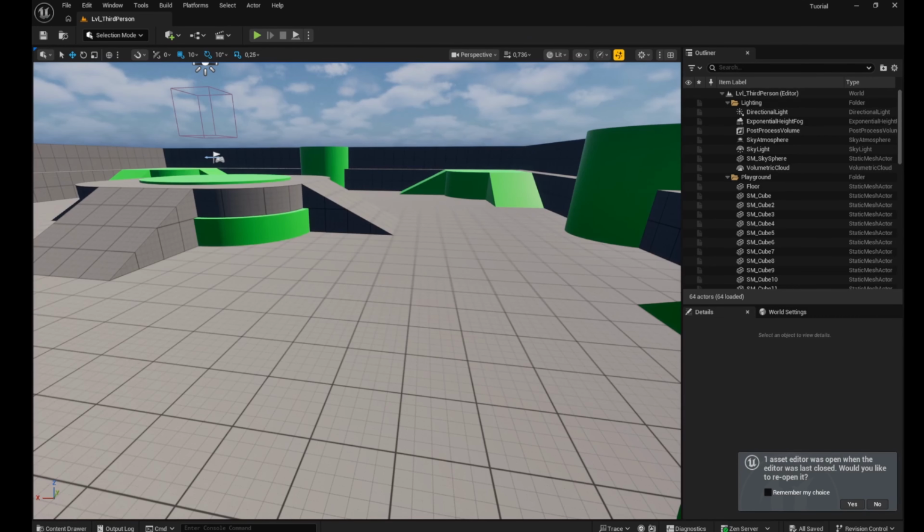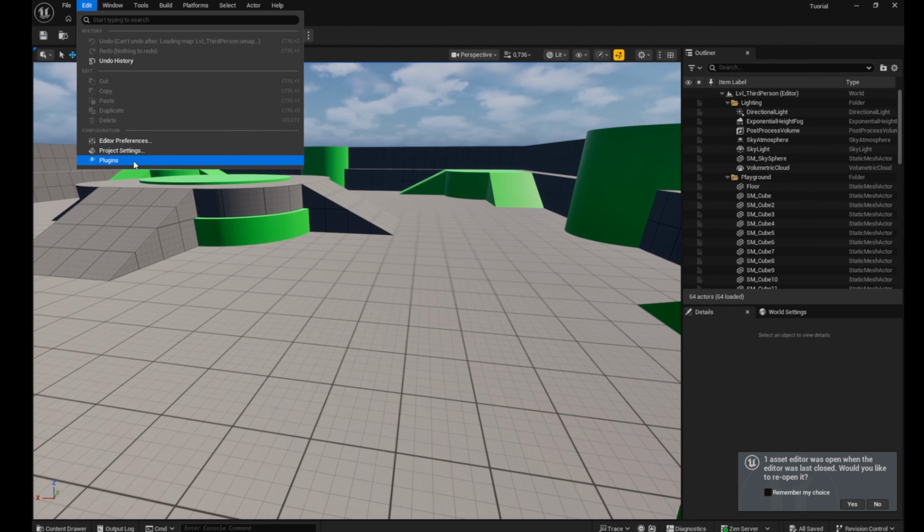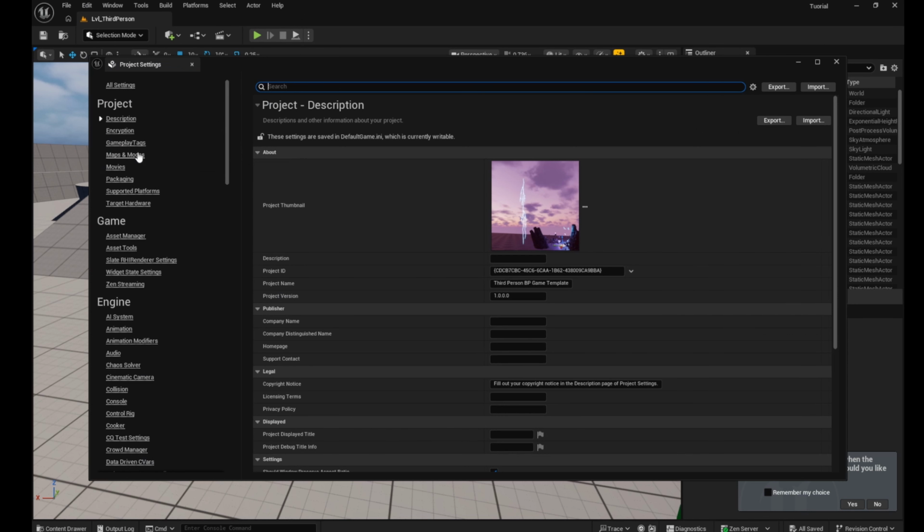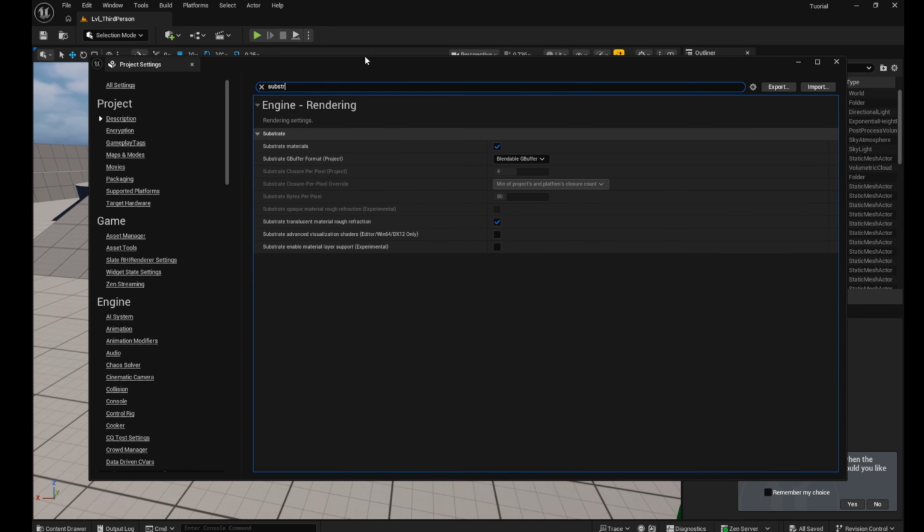By the way, if you are using Unreal Engine 5.7, if you want to follow exactly what I do in the tutorial, you will have to revert back to the legacy materials. Unreal 5.7 is using Substrate, which handles things a little bit differently. I didn't want to add extra complexity. So in the project settings, if you type Substrate and disable this box, then restart the engine, you will be